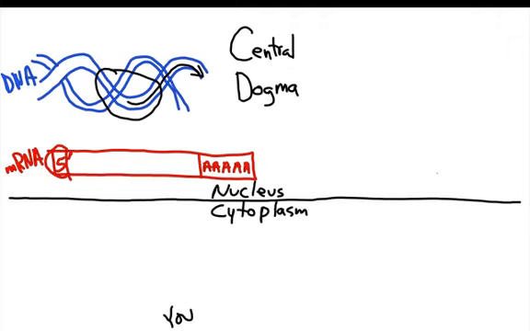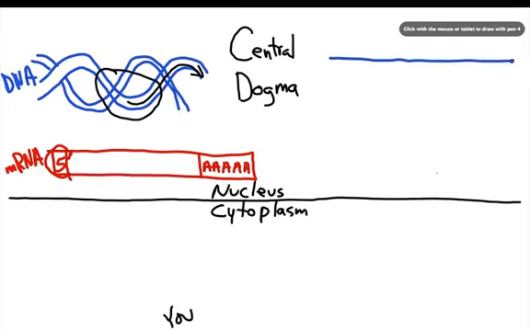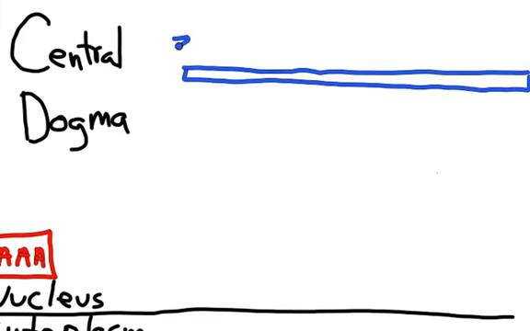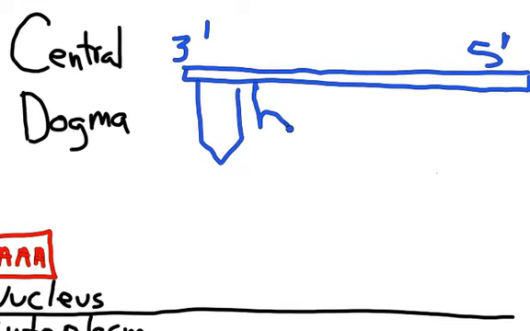Let's go back to a color that is DNA. If we get even more specific into what DNA looks like, it's going to have a backbone that looks kind of like this. It's going to have a side to it. This is going to be what's called the 3' end, and on the other side we have what's called the 5' end. Then they have letters on the inside, and those letters are called nucleotides. Let's sketch out what those letters might look like. So this would be one letter, this would be another letter,